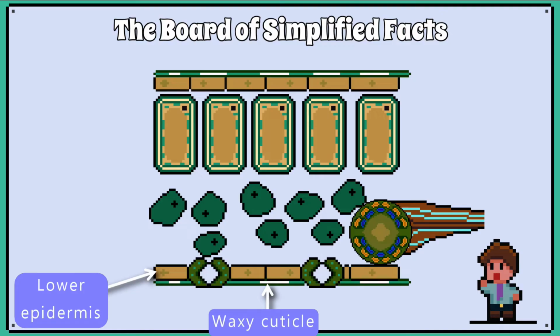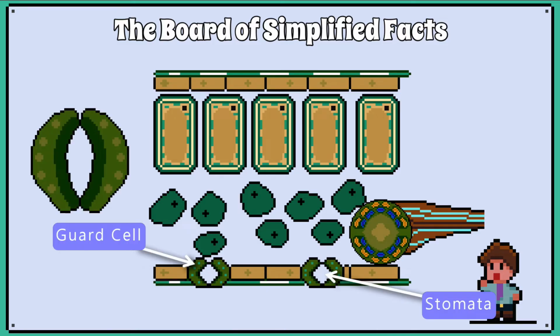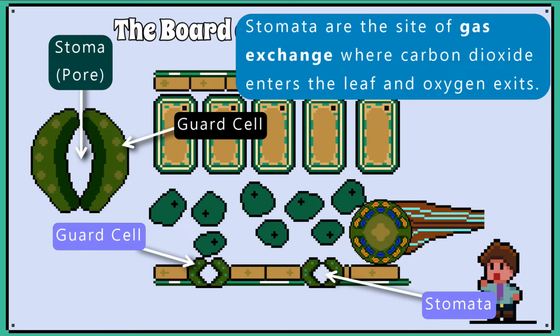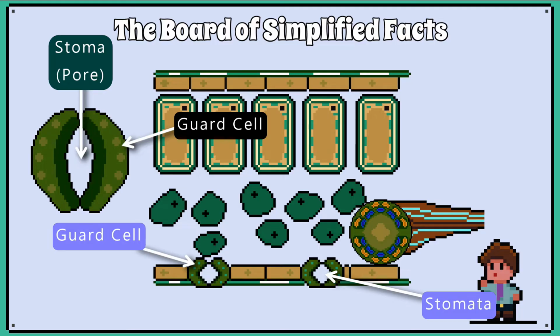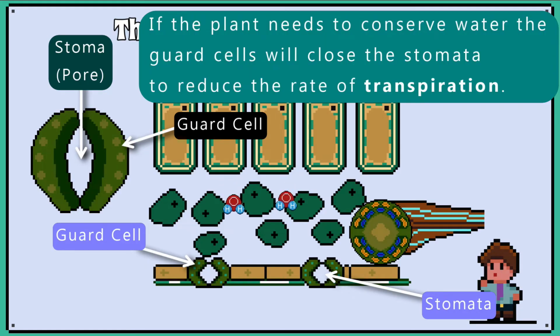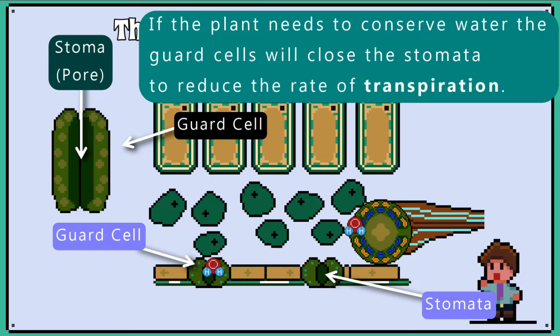Below the spongy mesophyll layer is the lower epidermis and a waxy cuticle, but notice it has gaps. These gaps are called stomata, which includes a pore called stoma and two cells encircling the stoma called guard cells. This is the site of gas exchange, where carbon dioxide, for example, can enter the leaf and oxygen can exit. Water can also be lost through the stomata in a process called transpiration. The guard cells can close and open to regulate the rate of transpiration and gas exchange. For example, if the plant needs to conserve water, the guard cells will close the stomata to reduce the rate